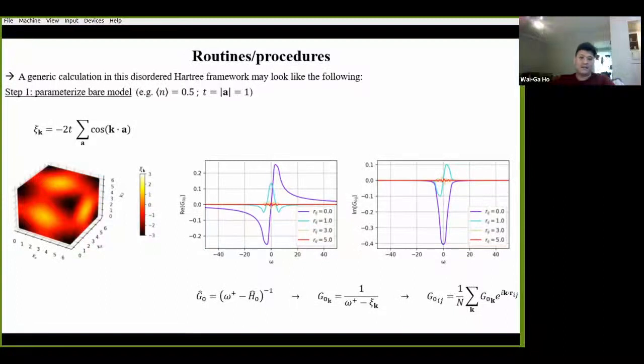Once I set all that, I can compute the band dispersion, epsilon k, with a here being the primitive vectors of the cubic lattice that I've chosen. So over here, I'm plotting this, epsilon k over the first Brillouin zone of the cubic model with unit lattice spacing and unit hopping as we're setting over here. And then from this band dispersion, I can compute the bare momentum Green's function, do a lattice Fourier transform, and then get the position space matrix elements, like I'm showing in these two plots for the real and imaginary parts. These are all shown for a couple of choices of Rij, or the site separation between i and j.